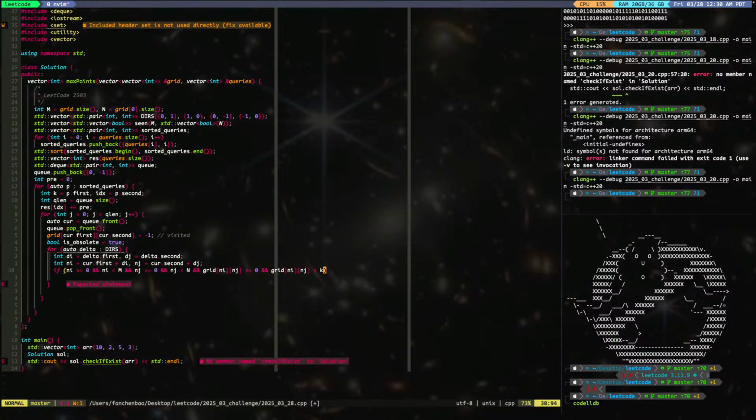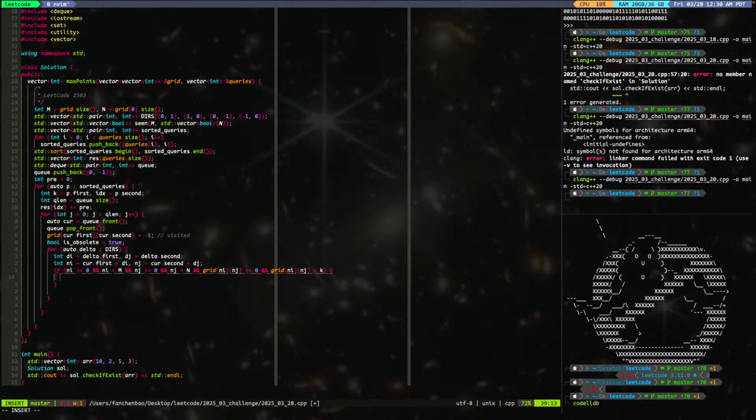If it's satisfied for all of them, right, if it's satisfied for all of them, then this is we expand. So right, we expand, and this will go to the